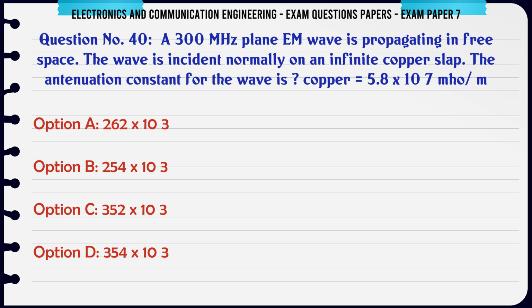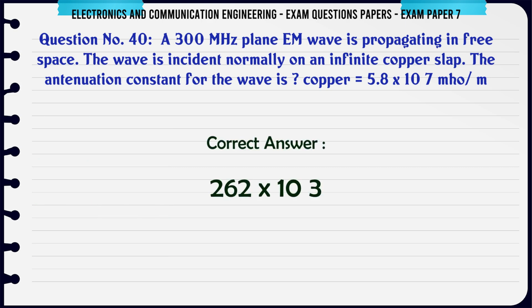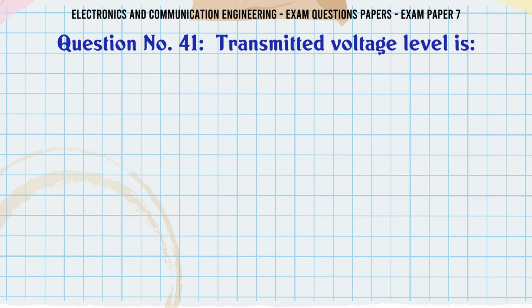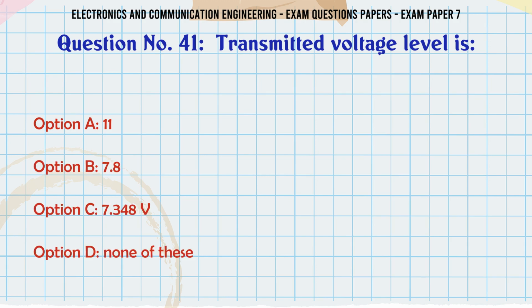The correct answer is 262 × 10⁵. The transmitted voltage level is: A, 11; B, 7.8; C, 7.348 V; D, none of these. The correct answer is